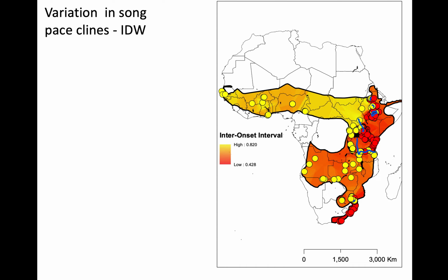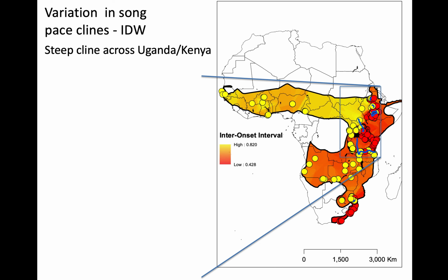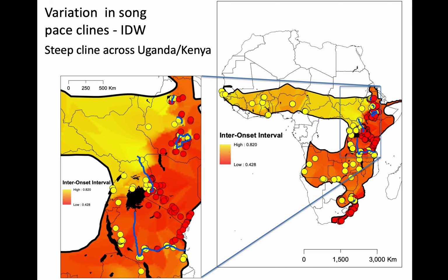Representing these inter-onset intervals geographically using inverse distance weighting, we can see that we have differences in clines across these contact zones. So in East Africa, across the contact zone in Kenya and Uganda, we can see a steep climb from the slower